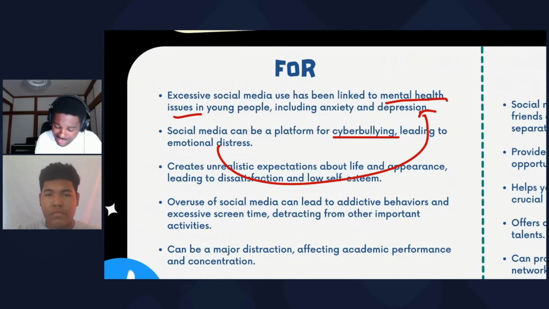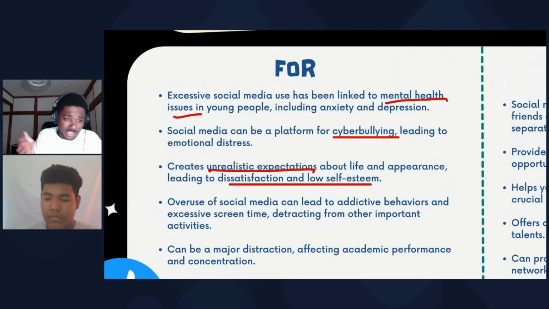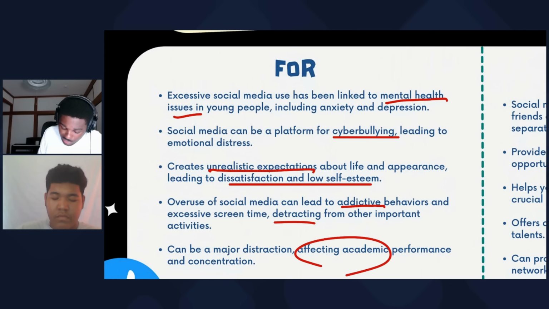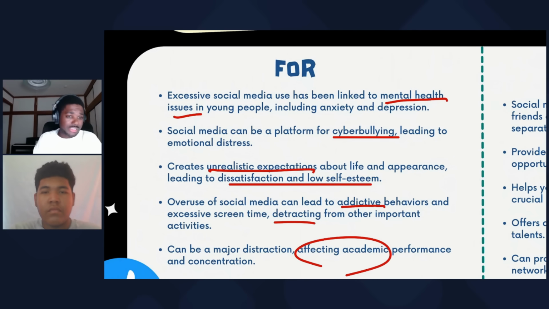Social media creates unrealistic expectations about life and appearance, leading to dissatisfaction and low self-esteem. So unrealistic expectations, dissatisfaction, low self-esteem. That's another point I could use. Overuse of social media can lead to addictive behaviors, right? And this will distract us from the important things. It can be a major distraction from school, affecting academic performance and concentration. So when you practice brainstorming ideas, you will be able to come up with points like 5 points in like 2 or 3 minutes. It just takes practice,